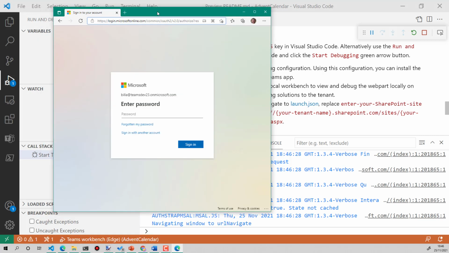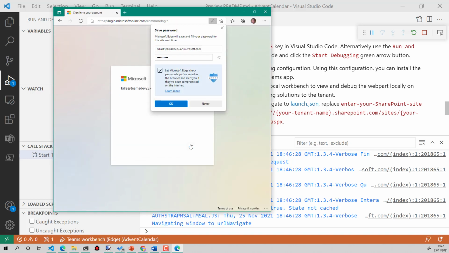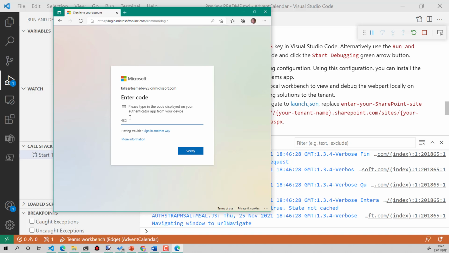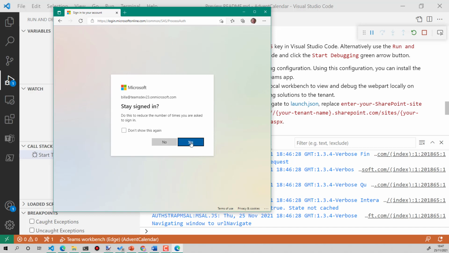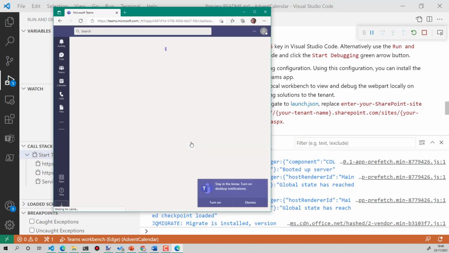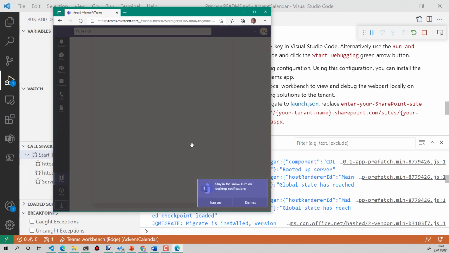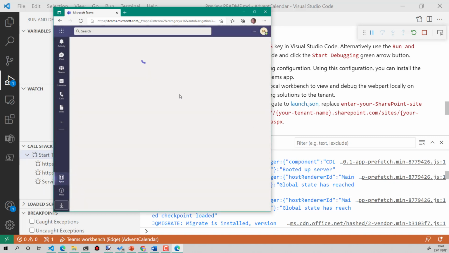So that's taken a few minutes, but now I have an Edge browser instance open. I can see it's on the correct tenant. You just need to be a little bit careful. And I expect I'll have to do the two-factor authentication dance now. Type in the secret code, just as well nobody can see it. And Visual Studio Teams Toolkit has done all kinds of tricks behind the scenes to make this happen, so that